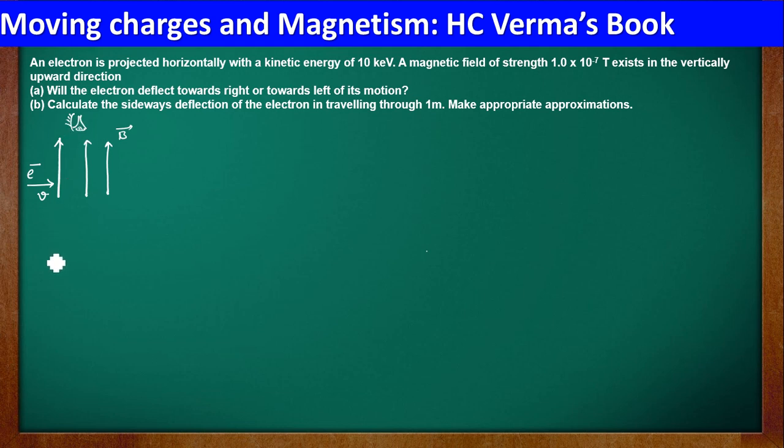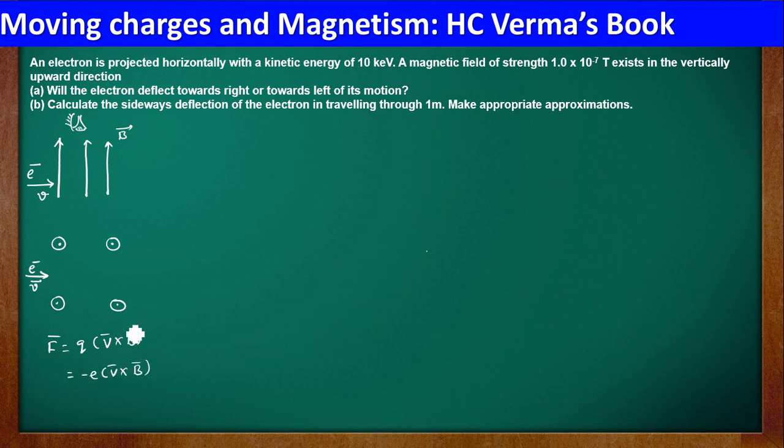From the top, the magnetic field looks like it is coming out of the plane, isn't it? But the electron motion will be horizontal only. Velocity will be in this direction, and the electron is traveling in this direction. Very good. Now what is the force that acts on a particle traveling in a magnetic field? That is equal to q times v cross b, isn't it? So here the charge is minus e, so the force is minus e v cross b.